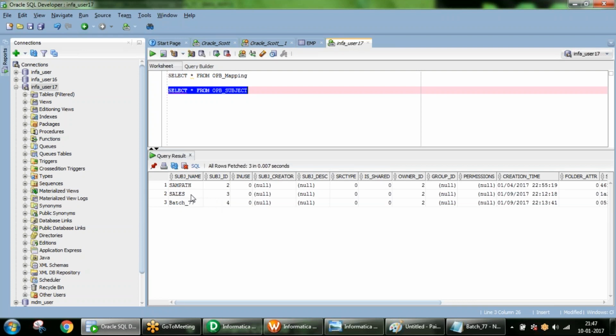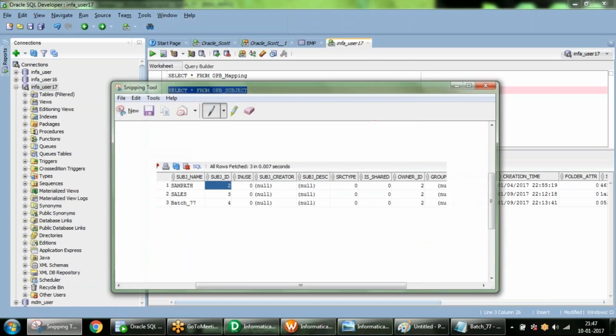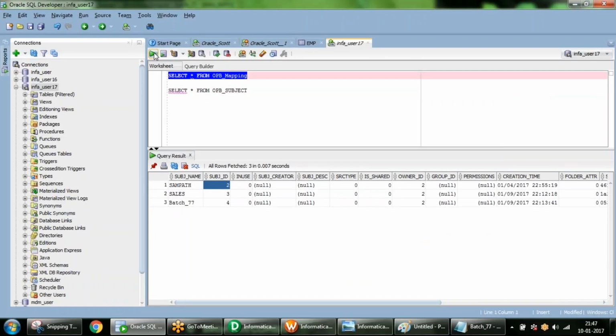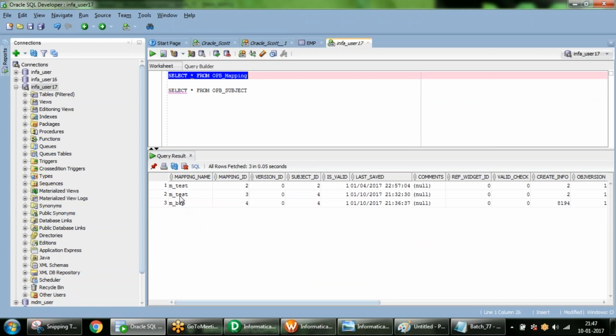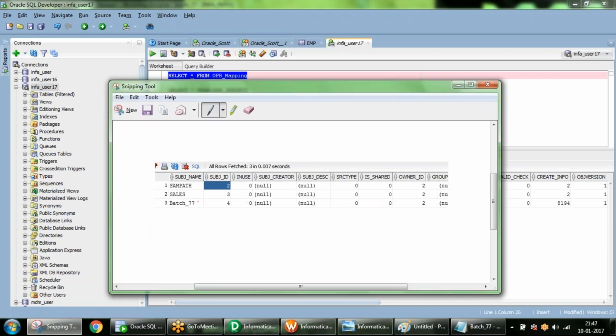For batch 77, the subject ID is 4. For sales, subject ID is 3. Sampath, subject ID is 2. Remember this. Now go to your mapping table. If you see, this mapping is in subject ID 4. These two mean subject ID is nothing but batch 77.